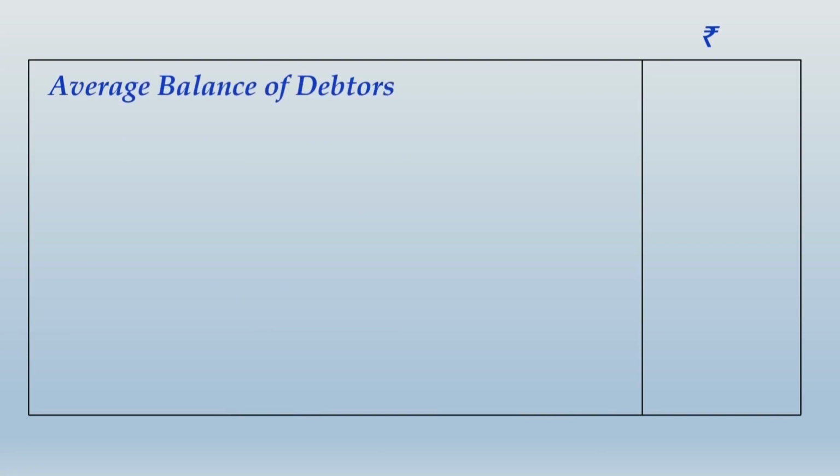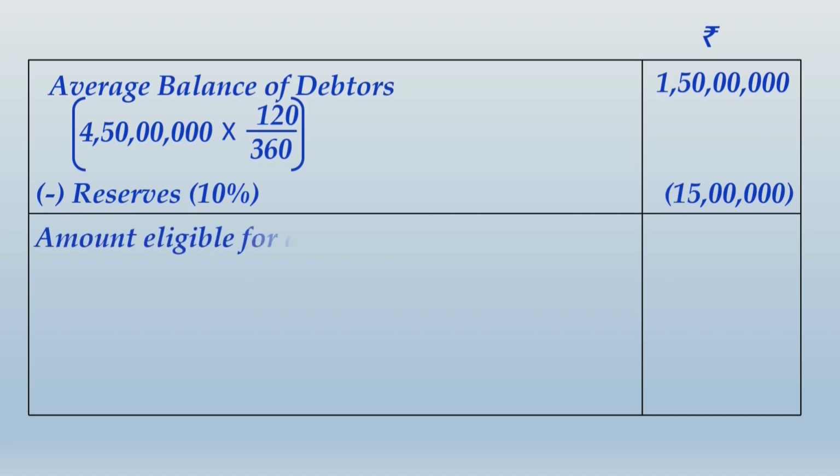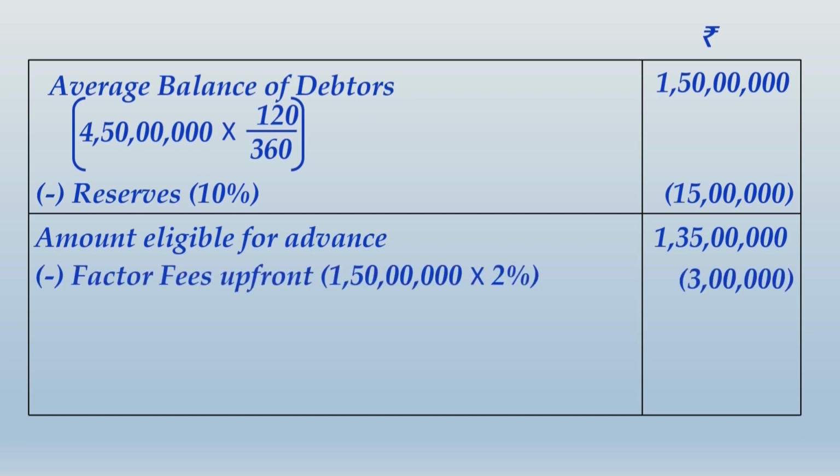When you begin the solution, you start with the average balance of debtors, that will be 120 by 360 of 4 crore 50 lakhs, and that comes to 1 crore 50 lakhs. From that you subtract the amount withheld as reserve, 15 lakhs. So amount eligible for advance will be 1 crore 35 lakhs. From this you will subtract the factor fee that is collected upfront for each cycle, that will be 2% of your average debtors balance. 2% of 1 crore 50 lakhs is 3 lakhs. Then you get the net amount as 1 crore 32 lakhs, which will become the basis for computing the interest,